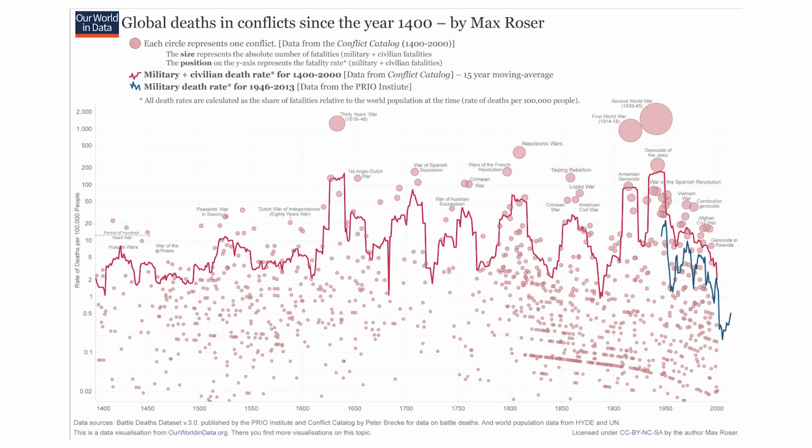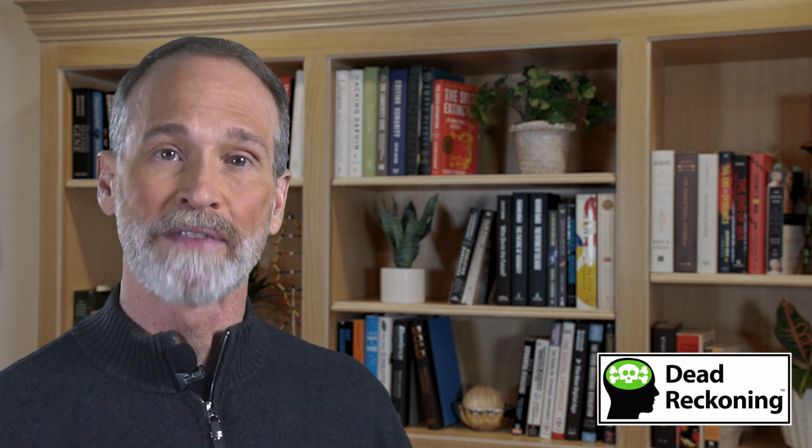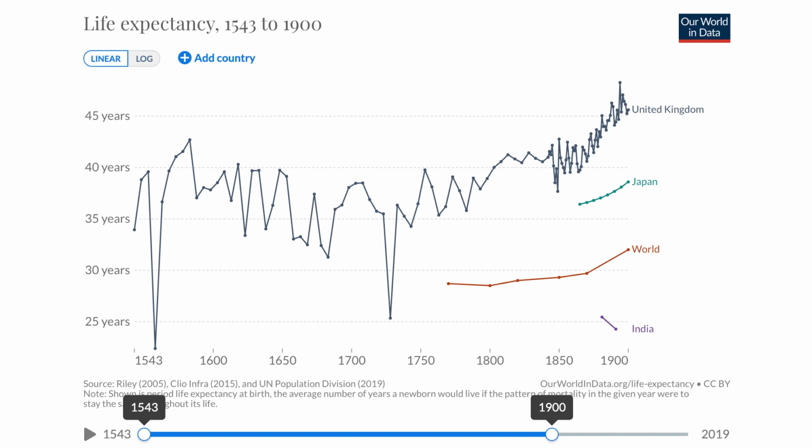Deaths from wars also reduced the population and HLE, but varied between 2 and 100 deaths per 100,000 people per year. Compare this for reference to the death rates for heart disease currently of about 150 deaths per 100,000 people per year. From the 1500s onward, we have actual data on human life expectancy. Data from the United Kingdom shows that HLE between 1500 and 1900 varied between 22 and 42 years.